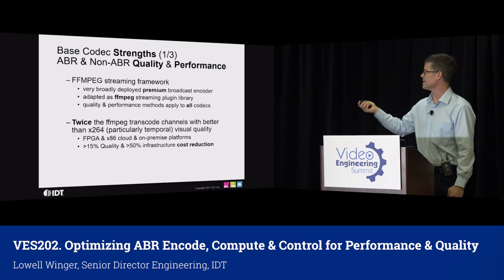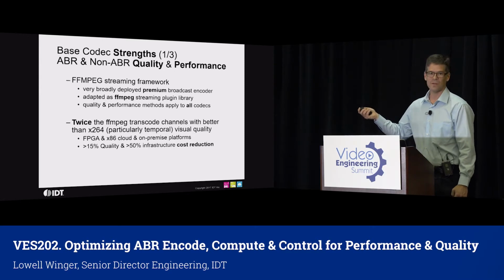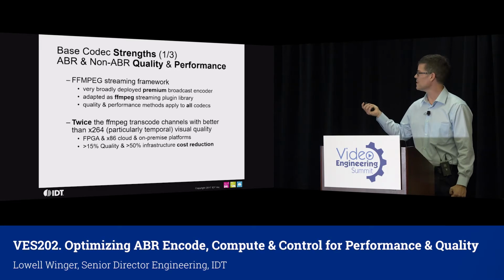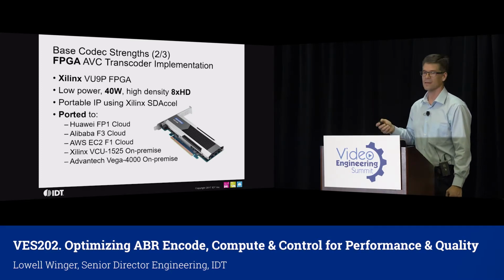Offered on FPGAs, x86s, on-premise and cloud, with a value proposition of 15% better quality, so noticeably better. You can see 15% noticeably better quality, and 50% less infrastructure cost. So that's the base, available, as I mentioned, on FPGA, the Xilinx VU9P, which you see here, on-prem PCIe card,